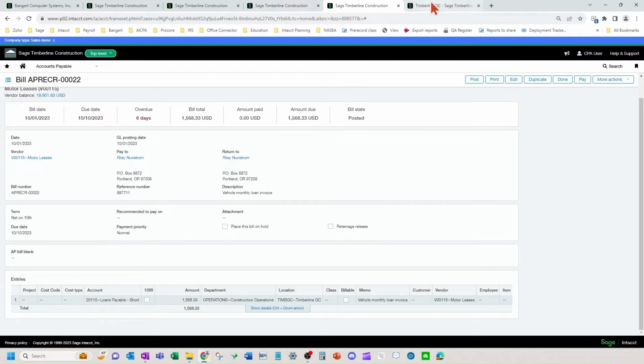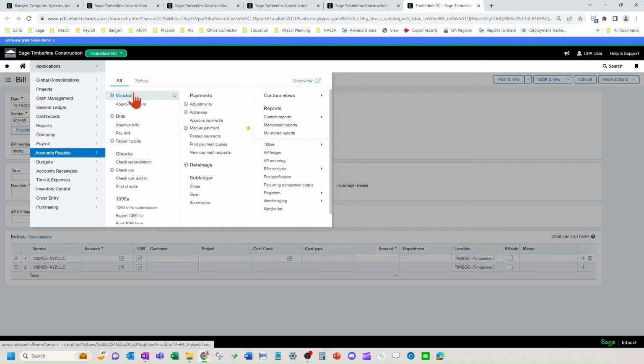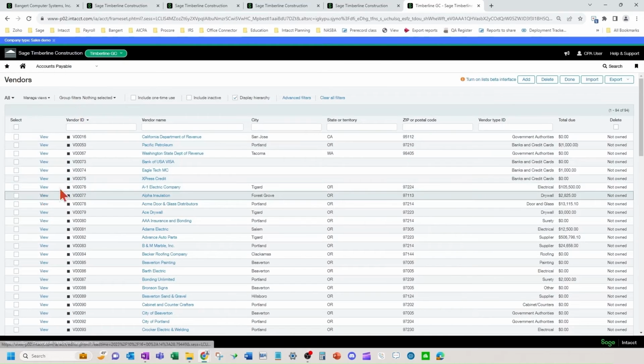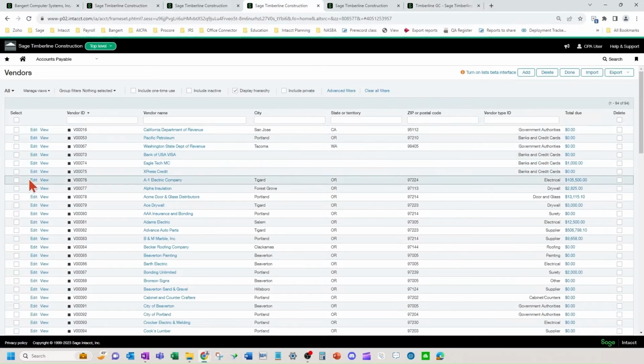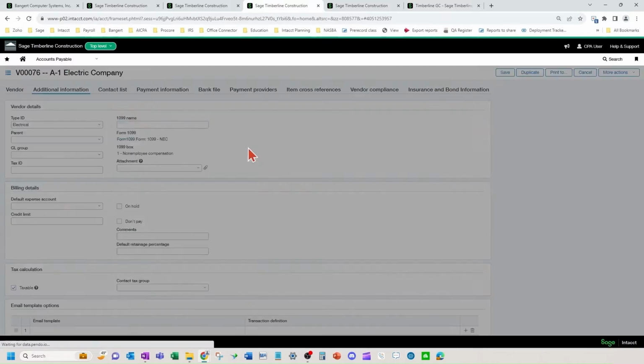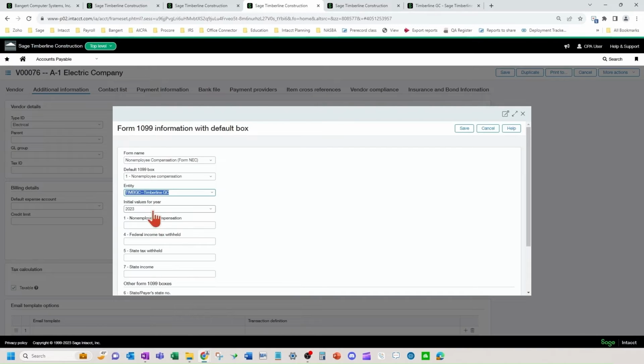As an additional option, you can go into the AP vendor and you can set up and change the 1099 information like I've shown here in the additional information tab to correct those values if you would rather do that instead of correcting each transaction. So you would come in here and change your values here in this screen. Okay, and you can do it for your different entities.